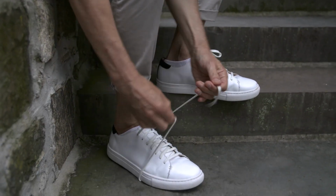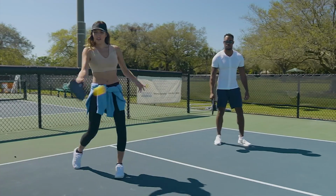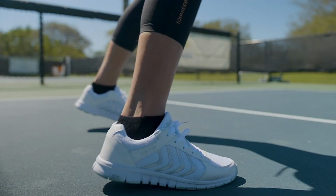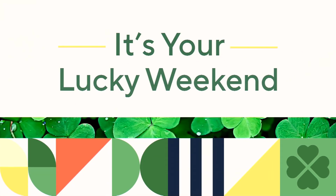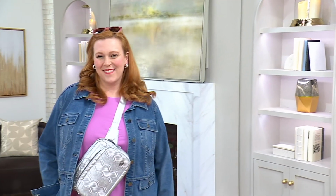Funny. If your Tommie Copper socks are in your cart, be sure to check out to grab our big deal for $34.98. But now that you feel good on your feet, you could probably be a little bit more active with a lightweight handbag. Okay, this is your perfect spring and summer bag from Lug, and also perfect because